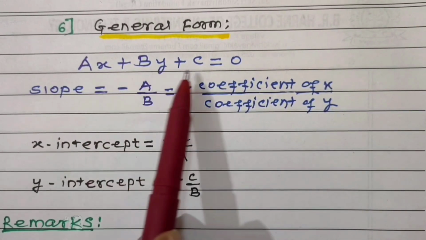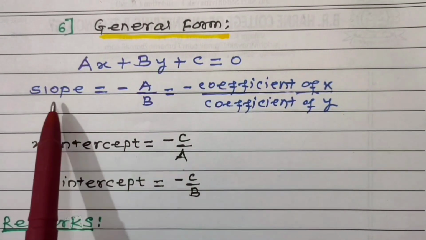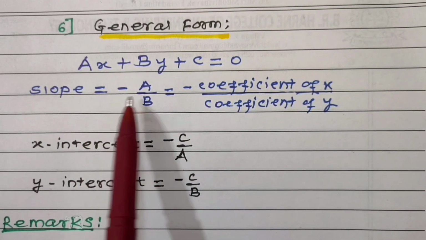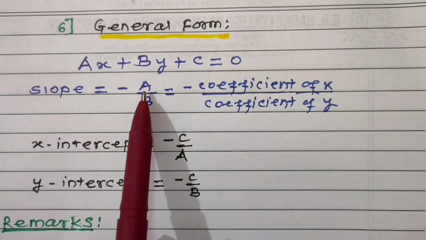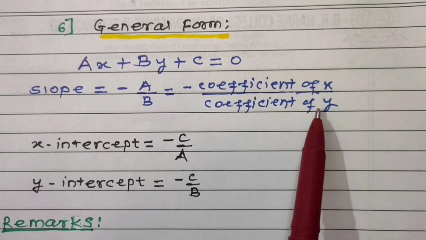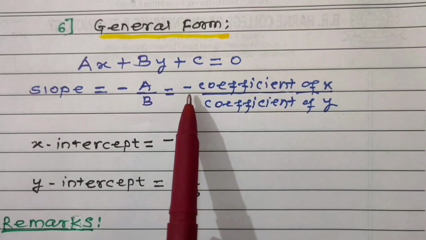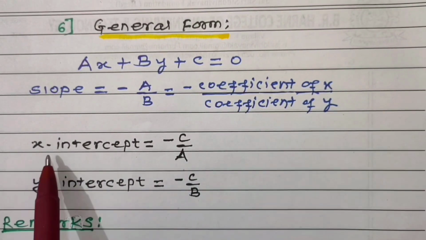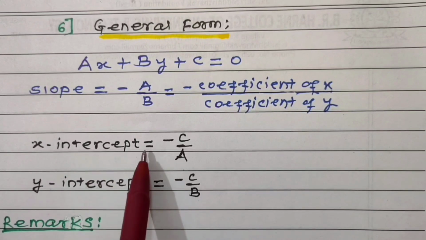So if this is general form of straight line, then slope of the line is given by, which is equal to minus of a upon b. What is a? A is coefficient of x and b is coefficient of y. So slope is equal to minus coefficient of x divided by coefficient of y, and x intercept is given by